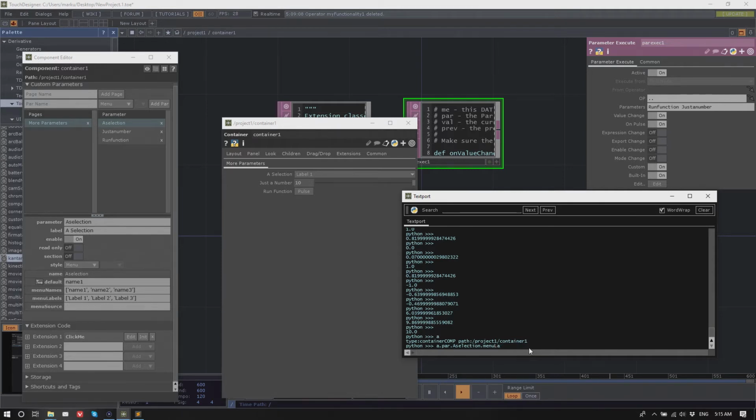I think it's called menuLabels. Yeah, menuLabels, and then you would give it a list of strings. So item 1, orange, and then it changed to item 1 in orange.